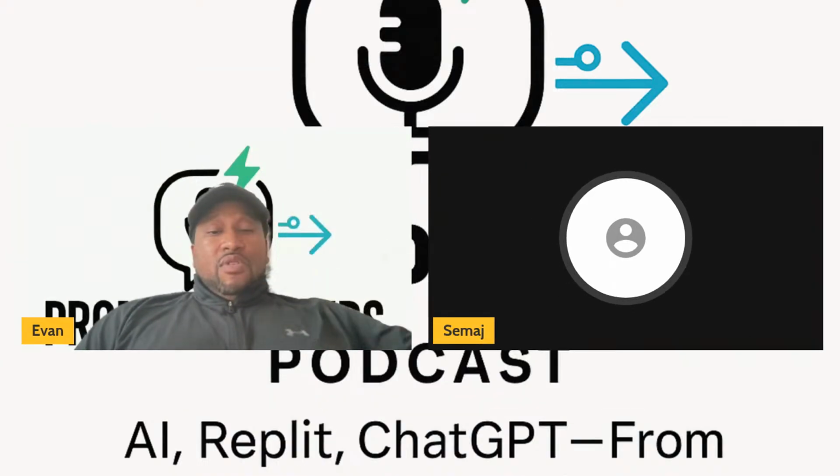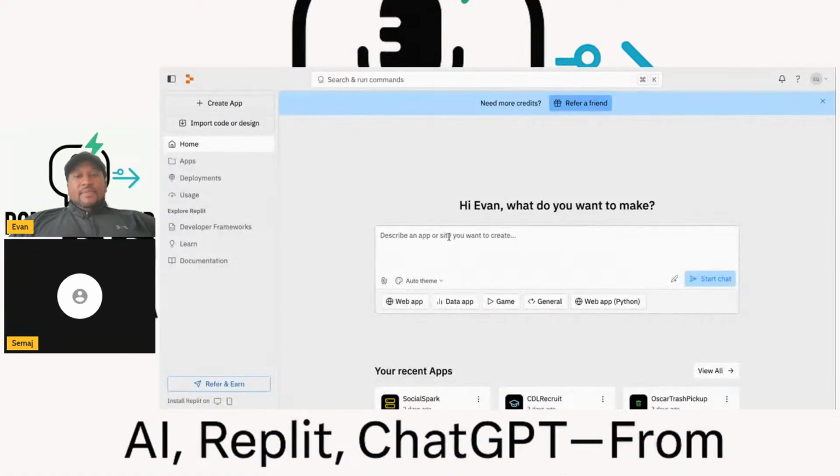And I'm going to bring up Replit. Replit is just an app that you can use. Right here it says describe an app or something you want to build.